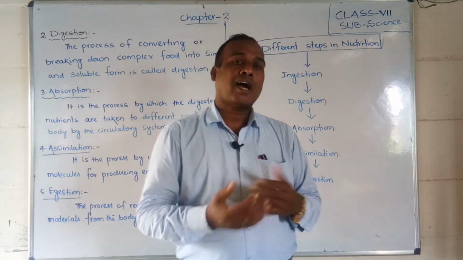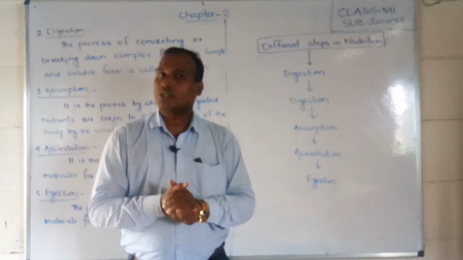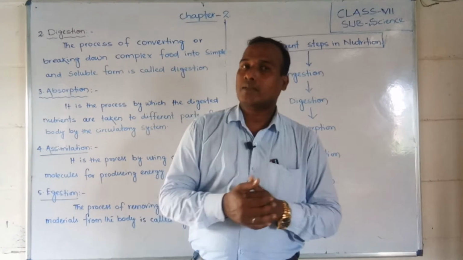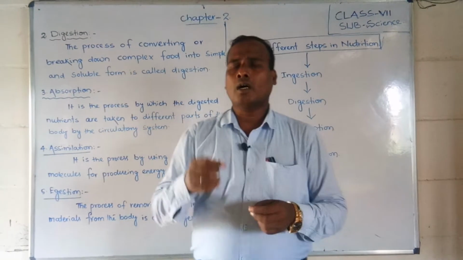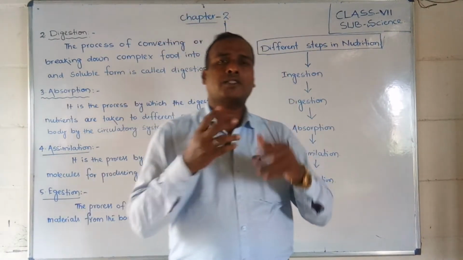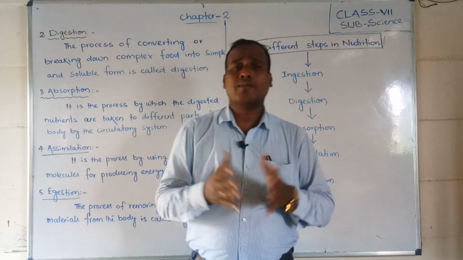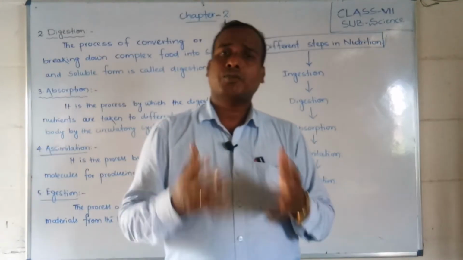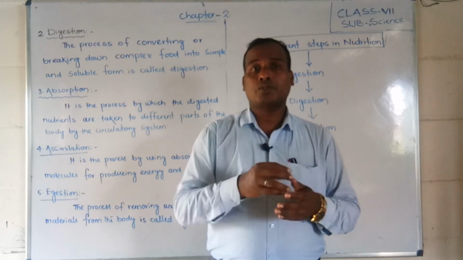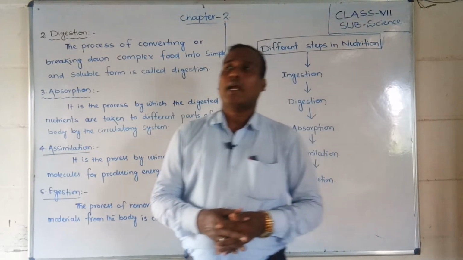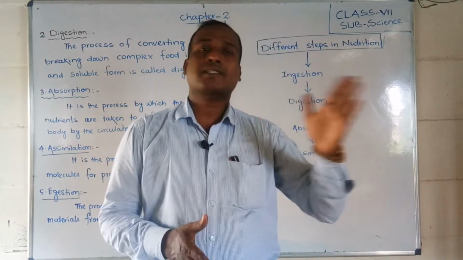Already I have told how the amoeba catches food particles by the pseudopodia, how the frog takes food by its tongue, and how the butterfly uses a fine tube. Human beings take food using their hands. Different animals use different organs of the body, and different animals have different processes. We have already discussed this in the last class.